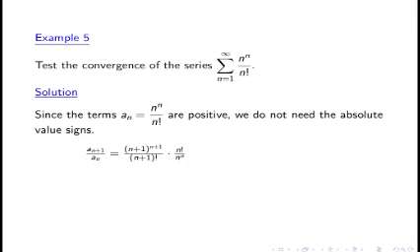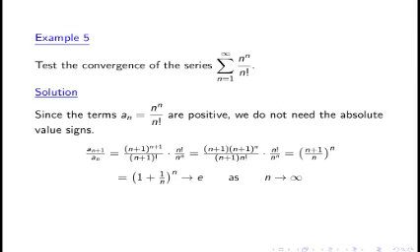And so a n plus 1 divided by an is n plus 1 to the n plus 1 divided by n plus 1 factorial times n factorial. How can we simplify this? Well, I can see the n plus 1 factorial in the denominator. It's n plus 1 times n factorial, so we can cancel the n factorial and the n plus 1, and we get n plus 1 divided by n, raised to the power n. And that's one of those expressions for